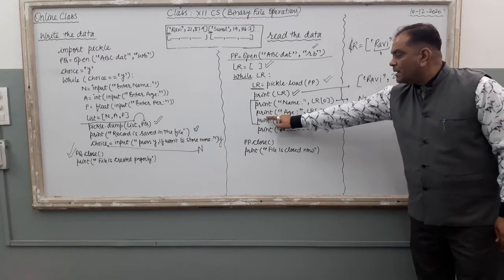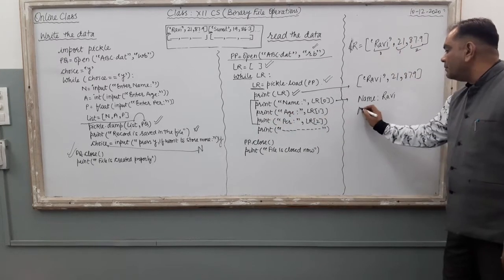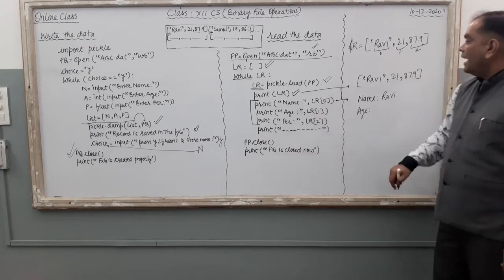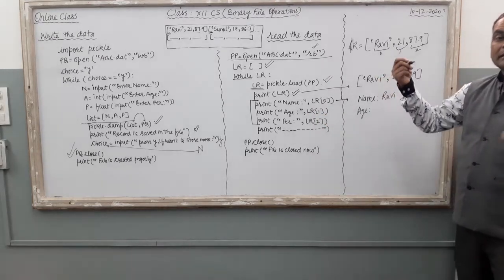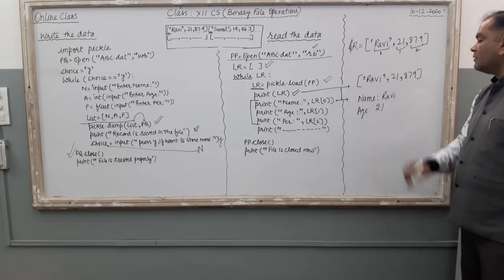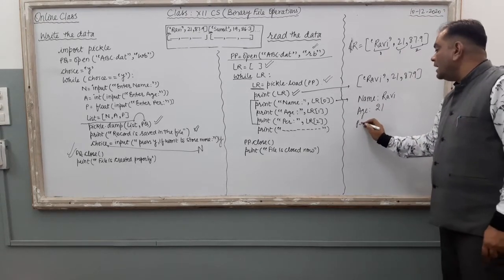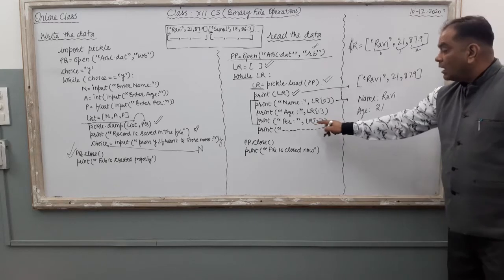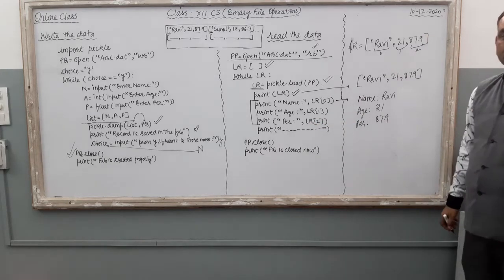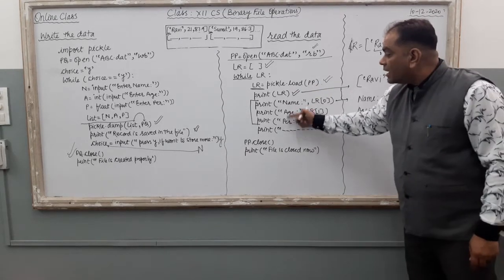Now just see the next print command, print age. It will be there in the next line on your monitor. LR[1] means what is there at the first position of this LR variable? It is 21. So what will age show? 21 is written. Now PER equal to colon, then LR[2] means 87.9. Right? These two different commands are there.